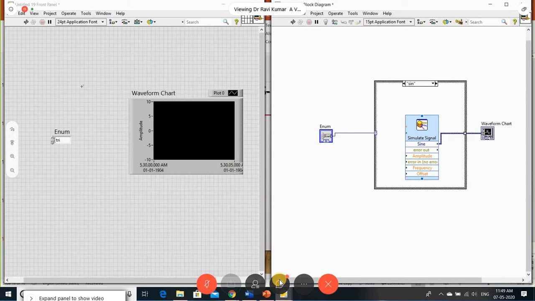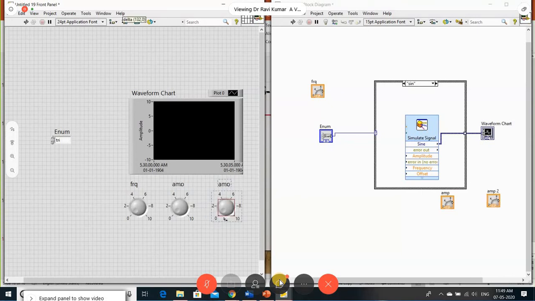For this, I'm going to use the numeric control. This is your frequency. One more I've taken, this is for amplitude. One more I've taken, see, these are all the inputs I've taken.